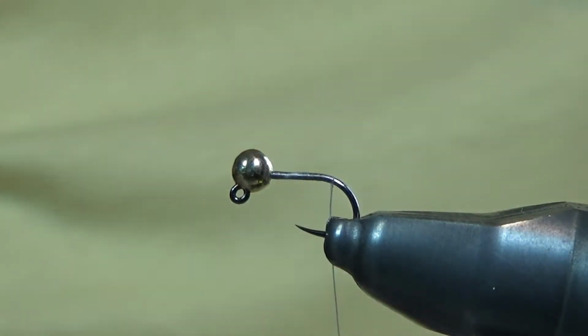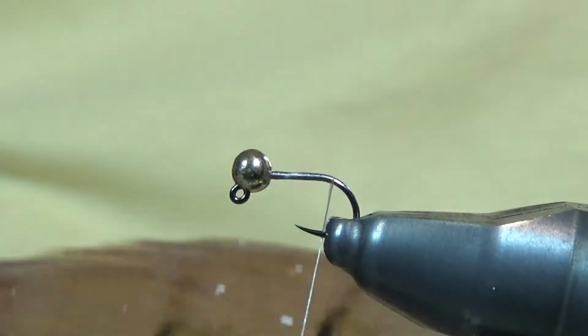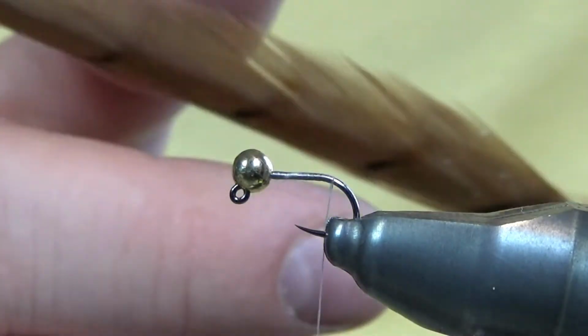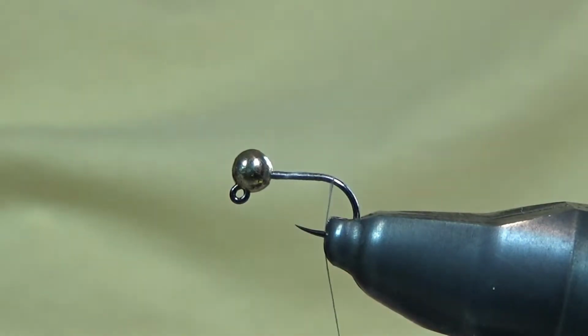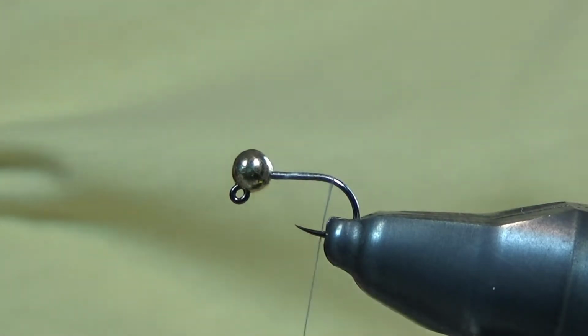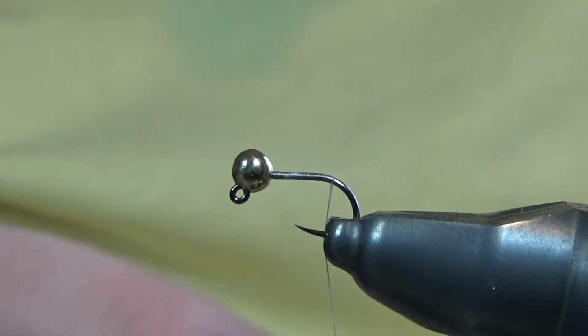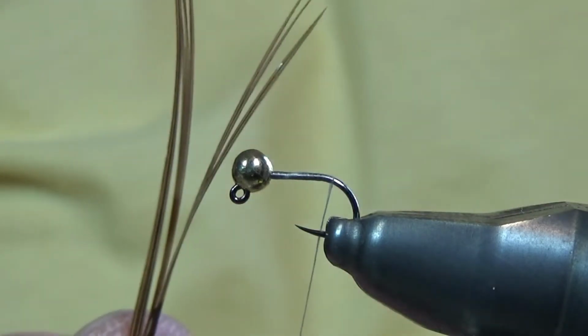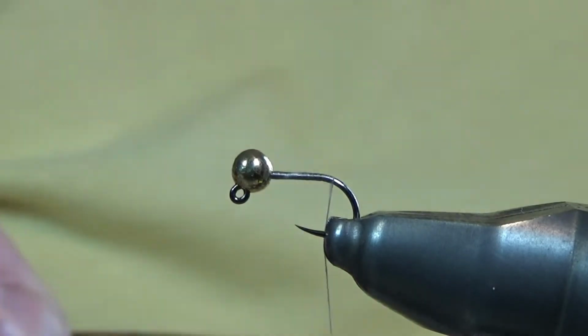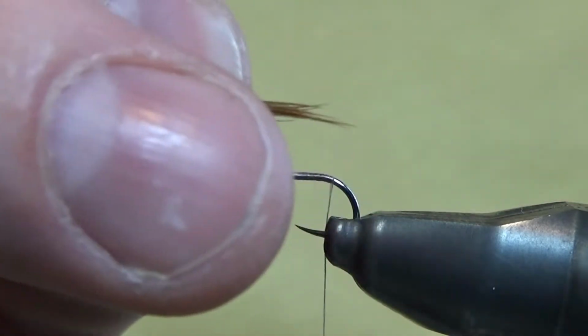I have a natural pheasant tail fibre here, and I'm just going to pull off about half a dozen, or a little bit more. And just line them all up, make sure they're even. So I'll line them up there now, and I'll make sure they're even before I tie them onto the hook. So once you're happy with that,